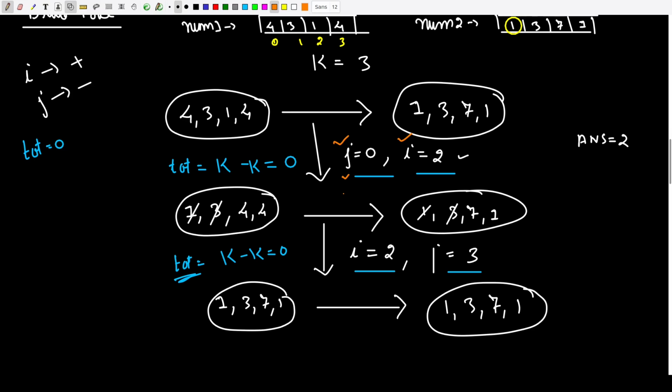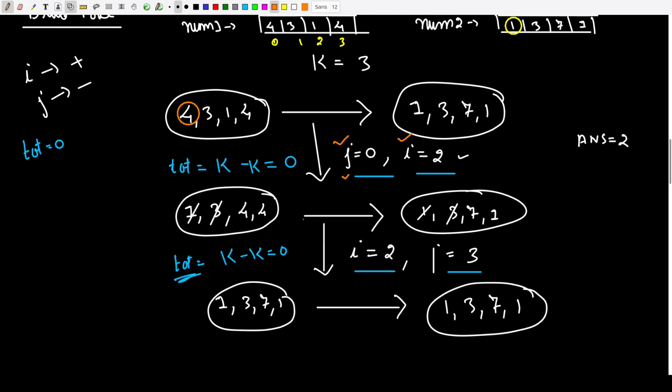But do we really have to do that? Well, what we can do is that we can iterate on one element at a time, right? So we will be just on this element. What I'm trying to say is that we will be on the first element, and on the first element itself we will see what we have to do. On the first element we are sure that we have to perform a subtract operation. So subtract operation we will perform, and after performing the subtract operation we will move to the next